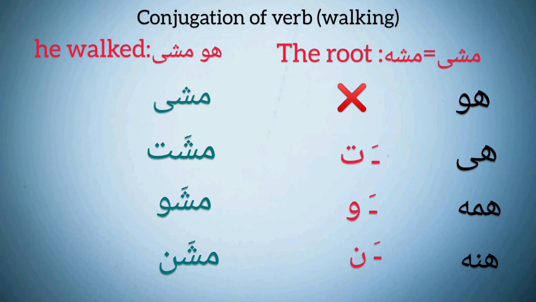Alright folks, the fourth and last type of verb root is the one whose last letter is alif. For example, here we have مشى. It's written مشي, but we have to read it مشى, because in Arabic, verbs are not normative and everybody writes them the way they want. هو مشى is the root and it basically means he walked. It's past tense. Let's conjugate them one by one.